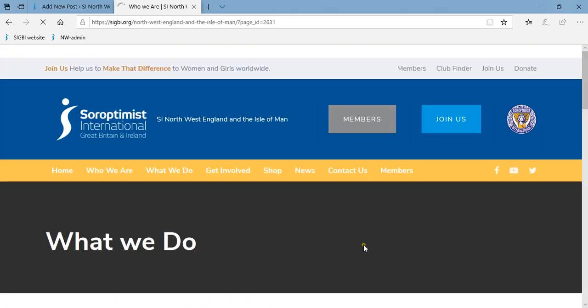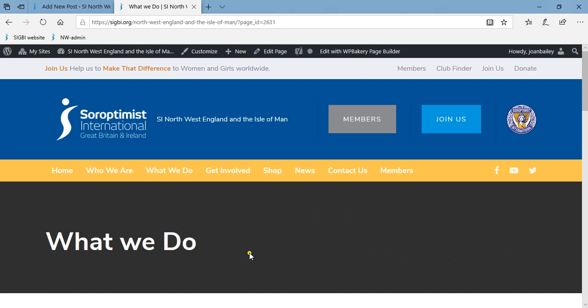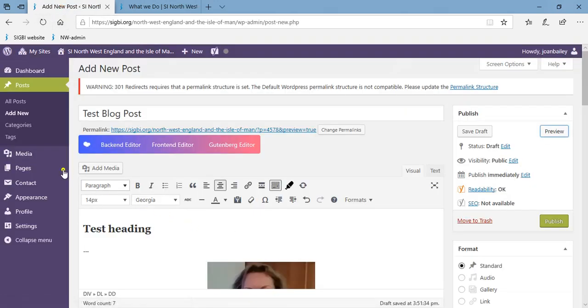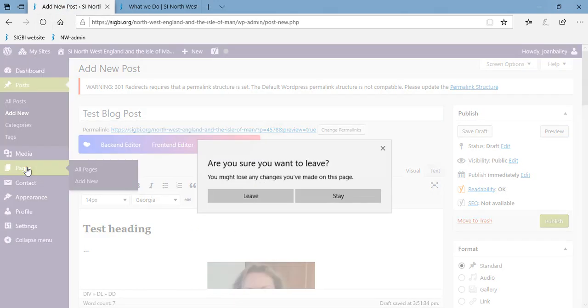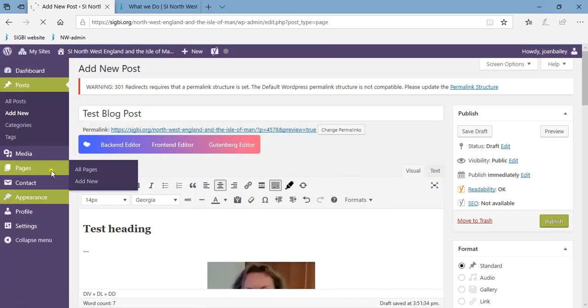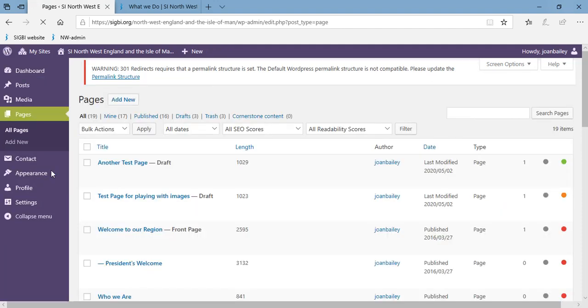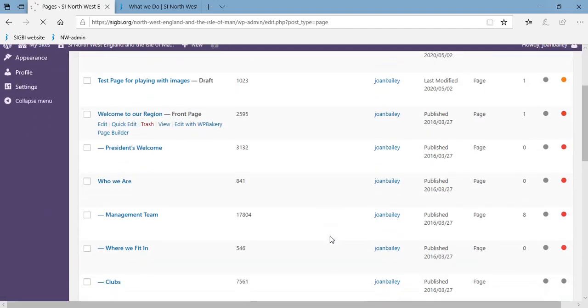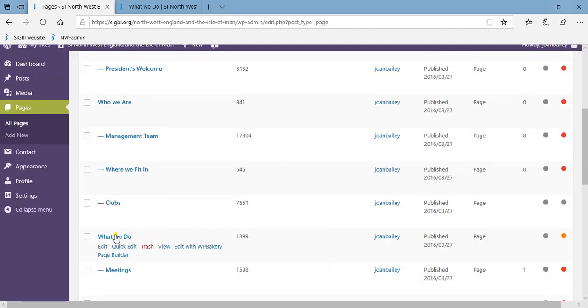So we've got what we do. So this is a dark grey background. I want to swap that for a nice picture. So let's go to Pages, and again I'm going to say I'm not interested in saving that blog post. So in Pages, it was the What We Do page that I would like to do something with the header. So I'm going to click on the What We Do page,